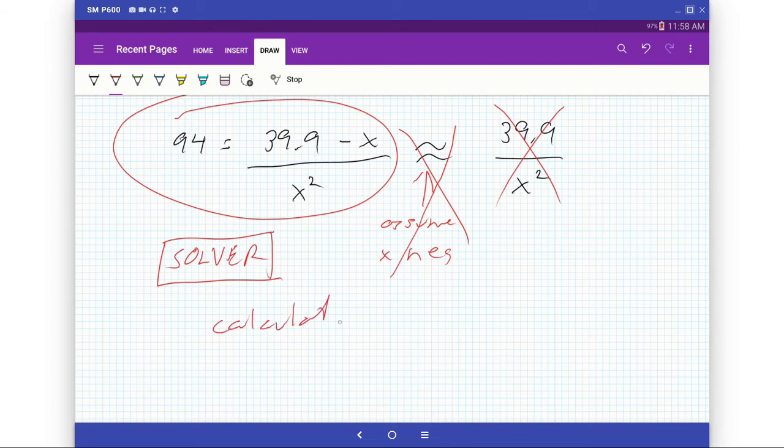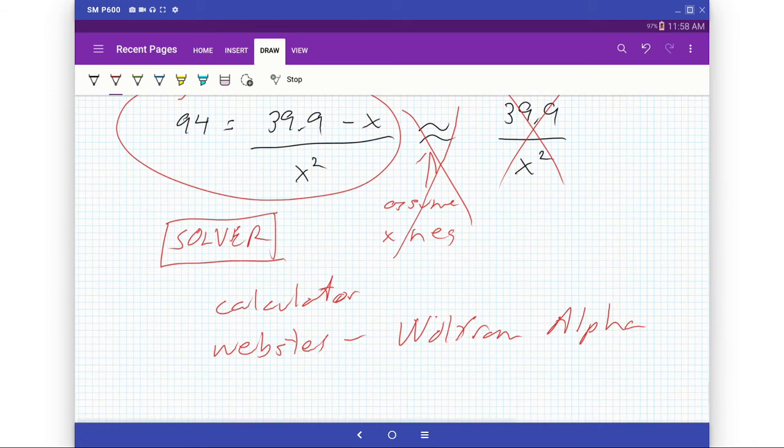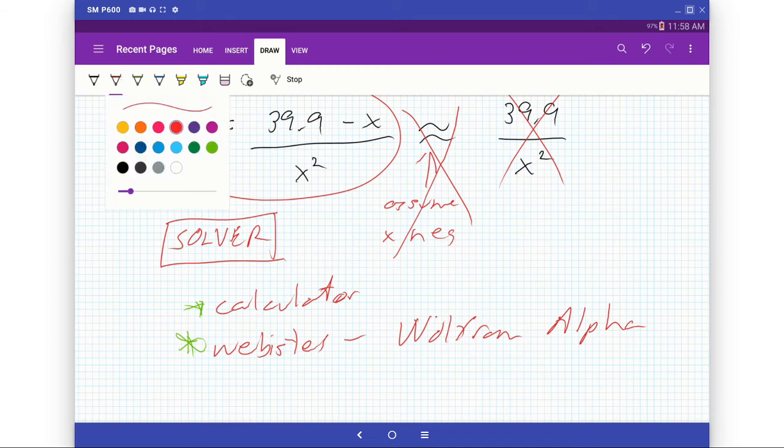Okay, and there are websites that have this functionality. I'm familiar with Wolfram Alpha, and I believe in the last class another student put up another one. I can't remember what the name of it is, but it's actually in the chat further up. And so you have that functionality as well. But I fully expect you to either use a calculator or some website to solve these problems. To give you a hint as to how to set up and solve these things,